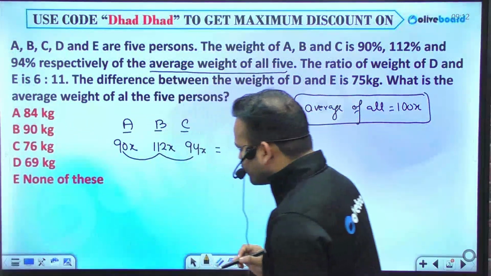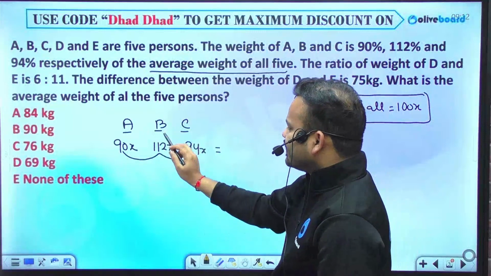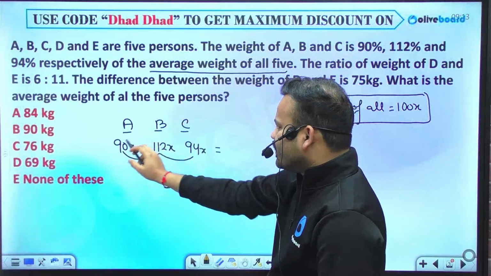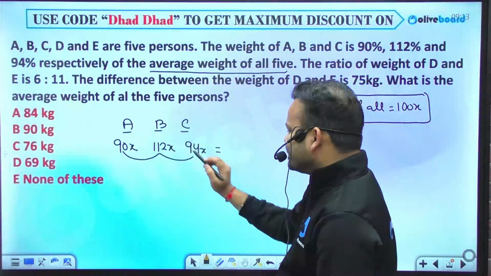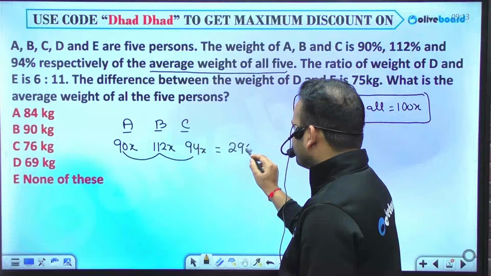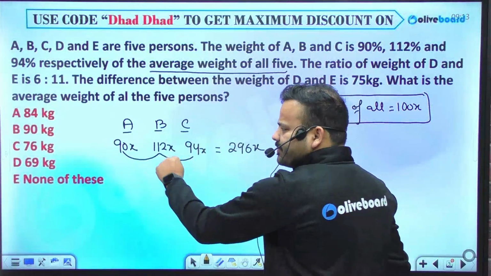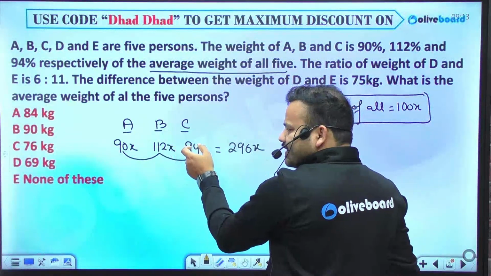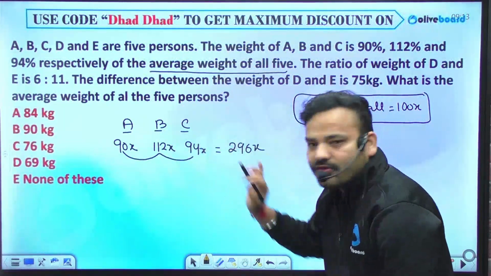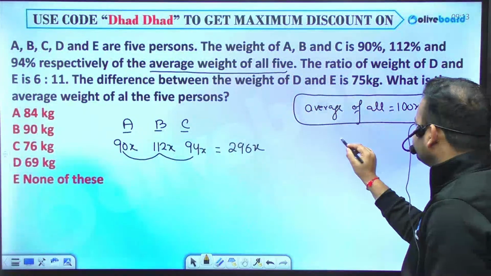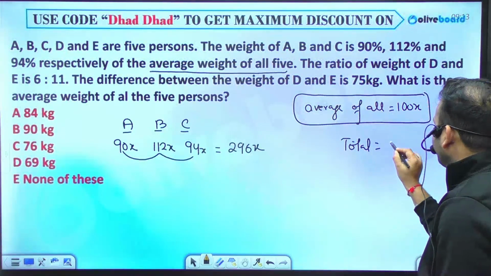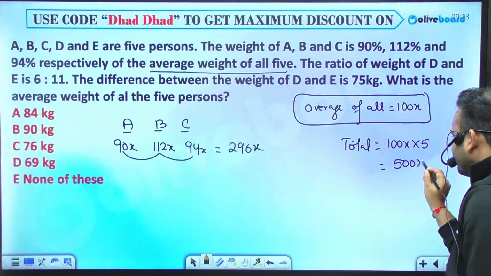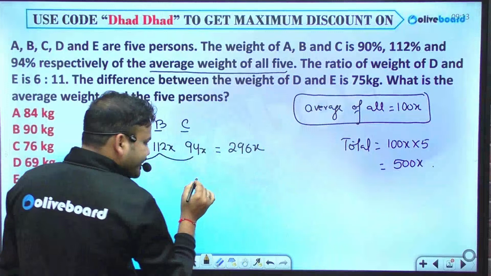इन तीनों का अगर टोटल मैं देखूं तो कितना हो गया आपको? This is 100, give this 10 over there, तो ये 20 बन जाएगा। So this is 200 plus 96, तो 296x, isn't it? So 296x आ गया सर। इसमें से 10 मैंने यहाँ ट्रांसफर कर लिया, ये 100 बन गया। 100 और 100 कितना हो गया आपका? 200 प्लस 96, तो 296x आया इन तीनों का टोटल। And the total of all the people will be 100x into 5, 500x टोटल निकल कर आया।